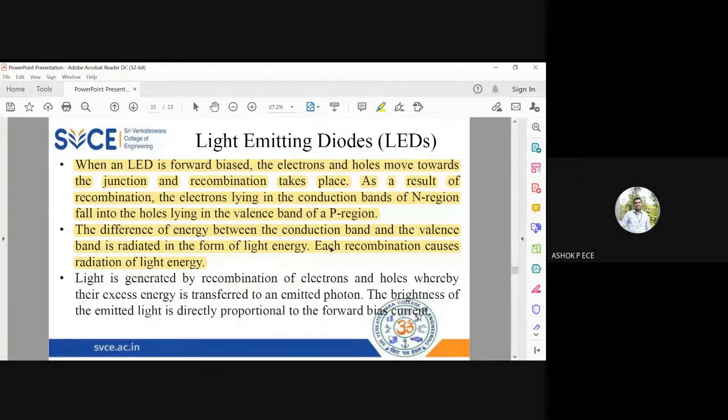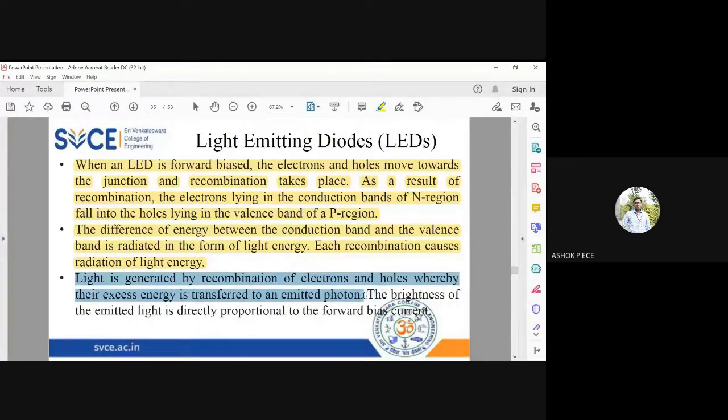Each recombination creates a photon. That's why Einstein gave you the formula E equals h nu. That relates the energy band gap and the frequency of emitted photons. E is the energy band gap, E is equal to h nu. The energy band gap will determine the frequency of photons. So light is generated by the recombination of electrons and holes, and the excess energy is transmitted into the